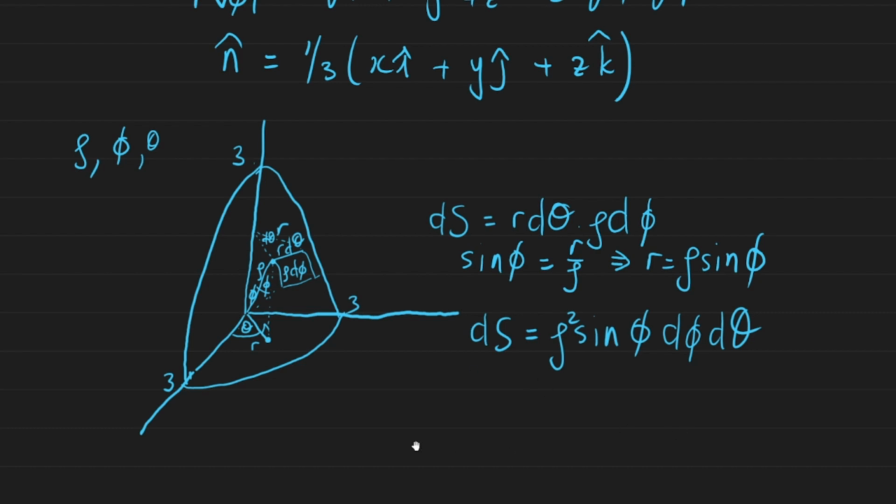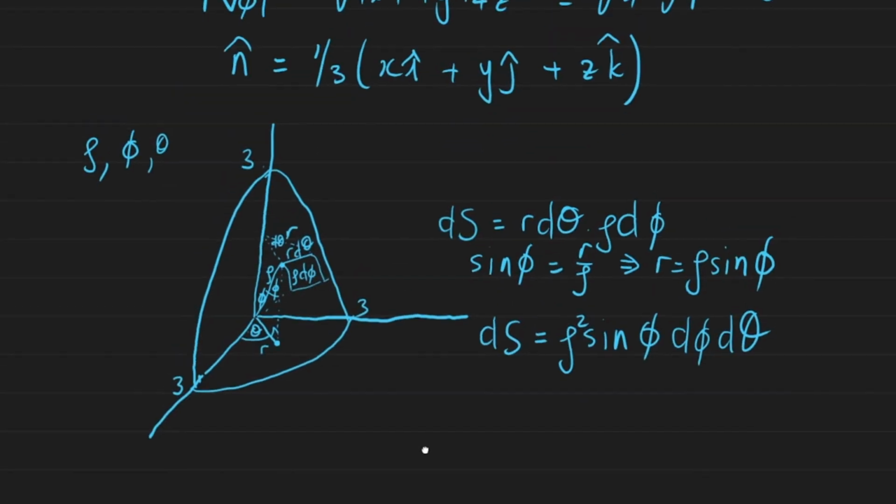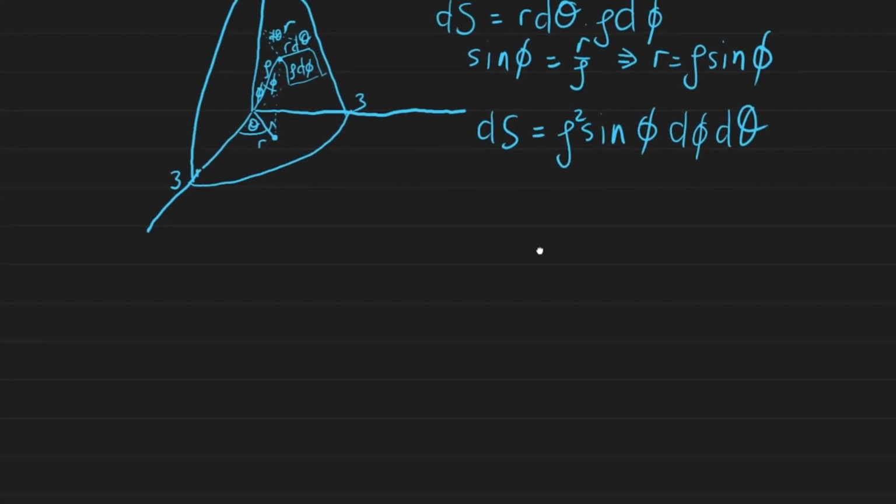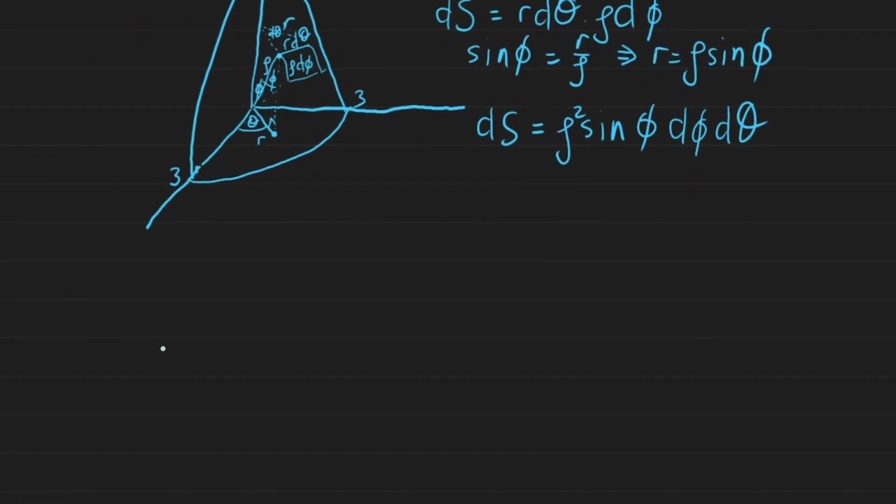But as was the case in the previous example, we have to convert between x, y, and z to be in terms of rho, phi, and theta. So how do we go about doing that? Well, you can revise our video on spherical coordinates. And if you do that, you will see that x is just equal to rho sine of phi cos theta, and y is,